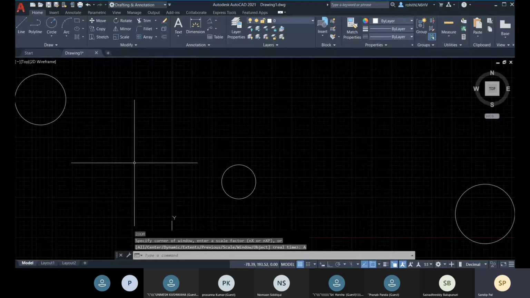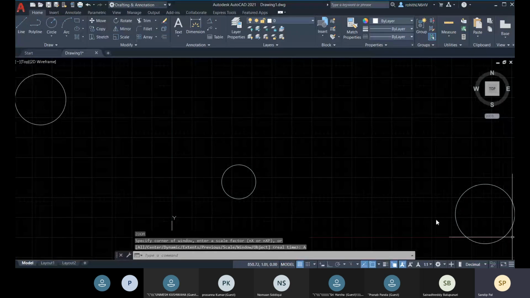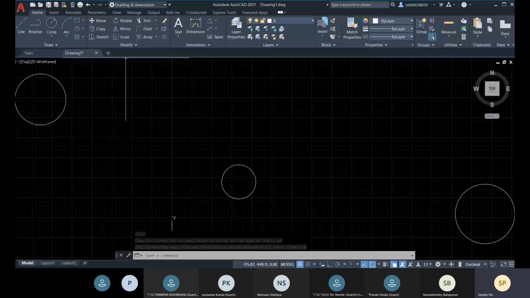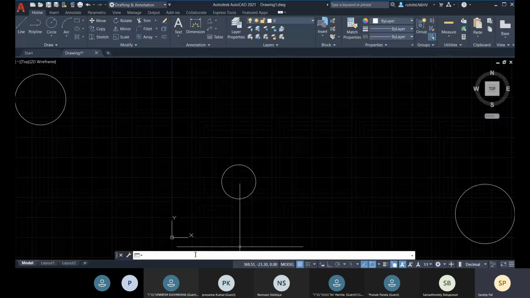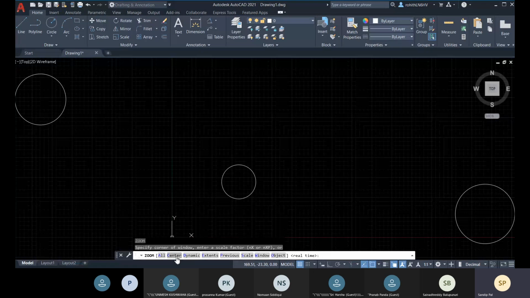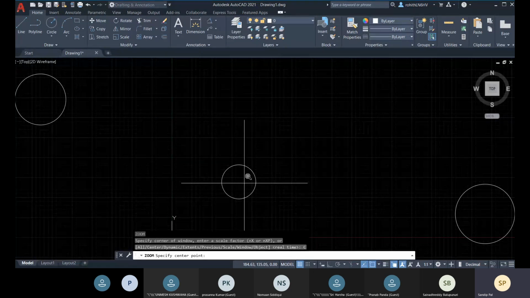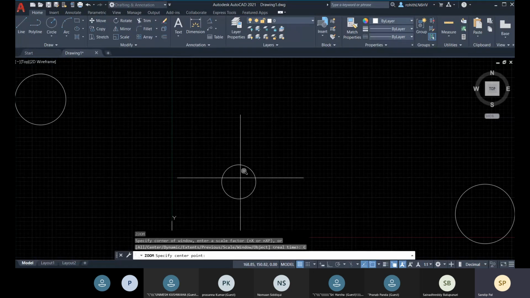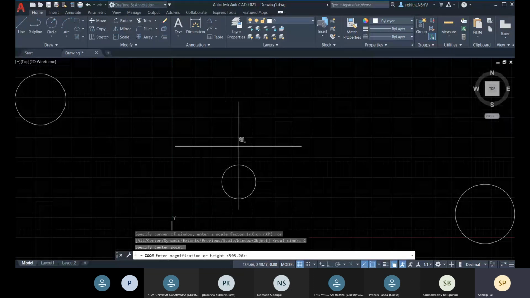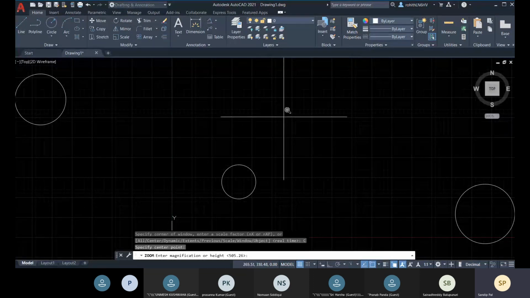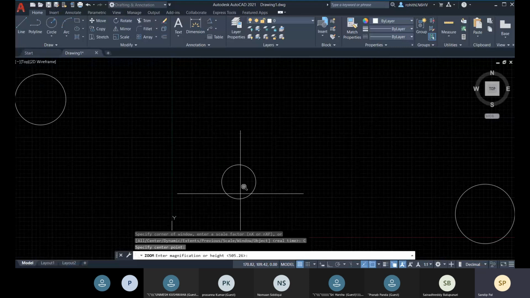Now you can see that I'm having all these objects within my screen, within my viewport, right? Now you see that we have this center option. You will be defining any point that will be the center point for your screen, and how much it will be zoomed, the magnification height.